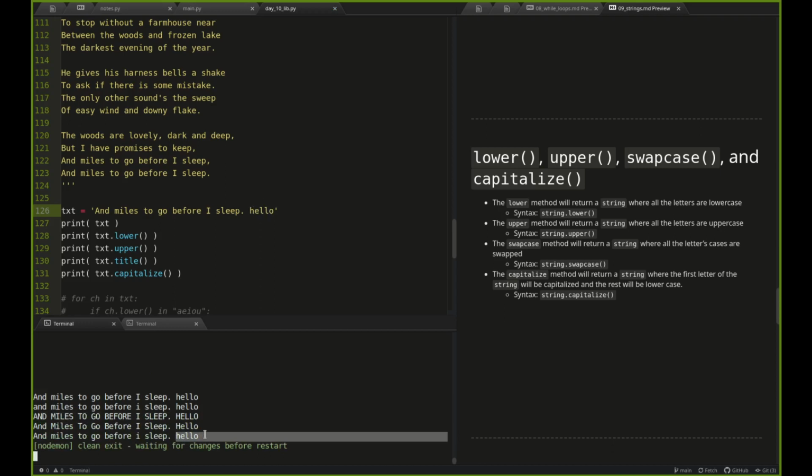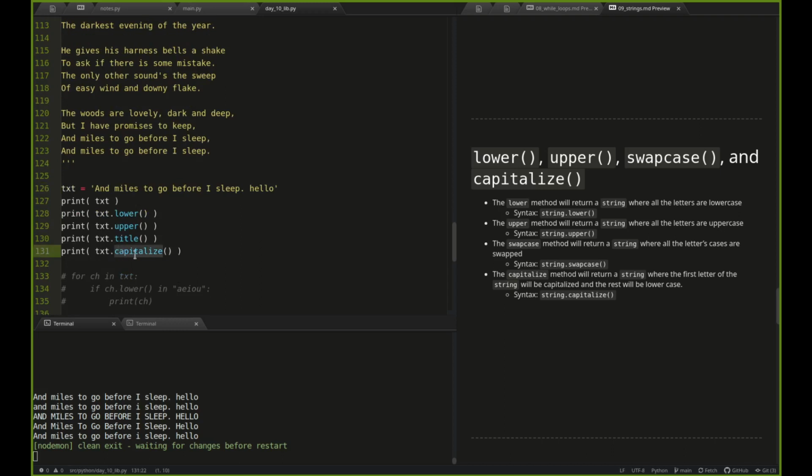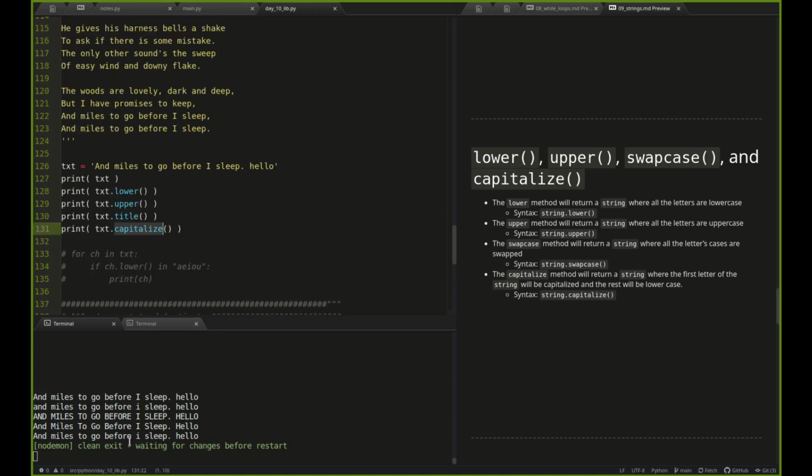You can see it does not do that. Does not capitalize a character after a period. It just capitalizes the first character and nothing else. Oh, and excuse me, it capitalizes the first character and it lowercases everything else. So notice in this capitalized line,